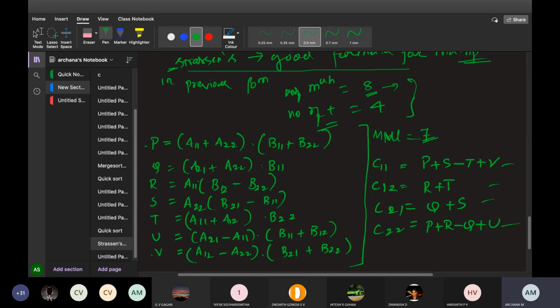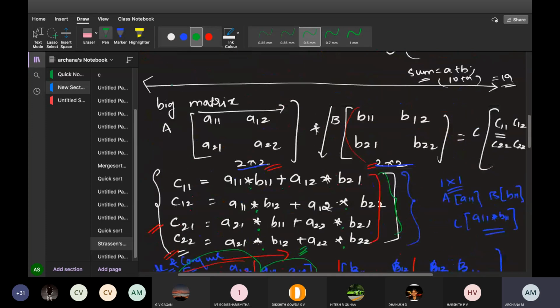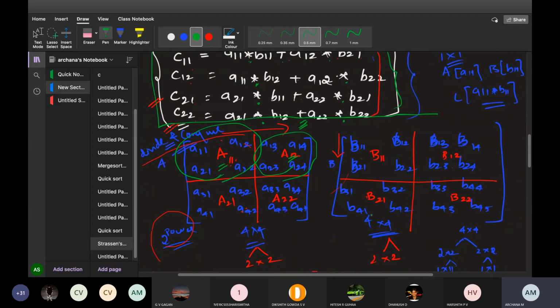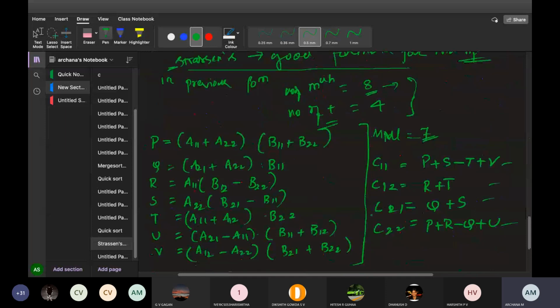This you have to write in your exam. If they ask you Strassen multiplication, before that you have to write this one. This is very, very important. When you have a matrix of 2 cross 2, what will be the formulas? You will get this one. So if you have a big matrix, you need more multiplications, where time complexity is very big. To overcome that, Strassen gave a new formula. This formula you have to write, and the resultant matrices should be written like this. Understood?